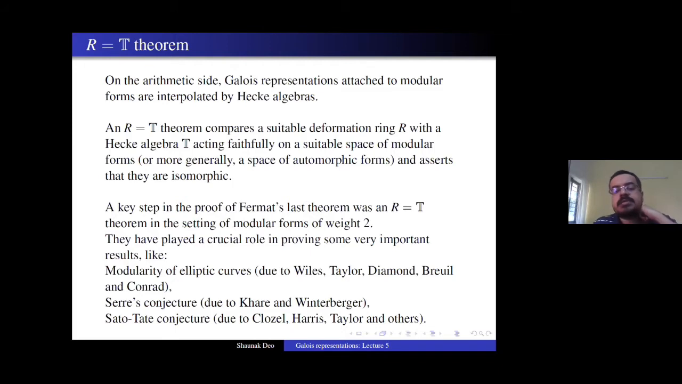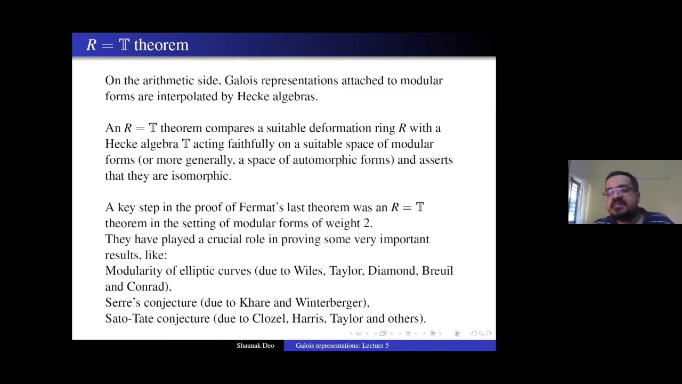And also the Sato-Tate conjecture due to Clozel, Harris, Taylor, and others. So in all these major breakthroughs in number theory that have come in the past three decades or so, the modularity, the R is equal to T theorem has played a crucial role. So we'll start with an R is equal to T theorem,